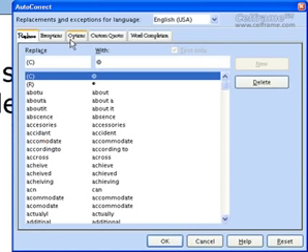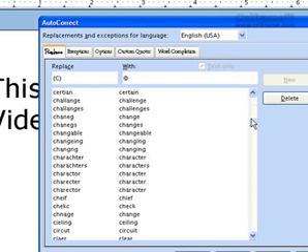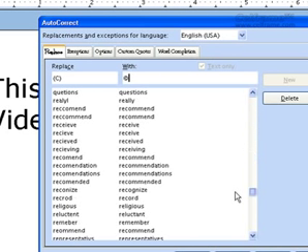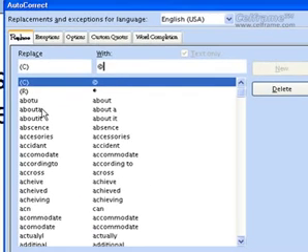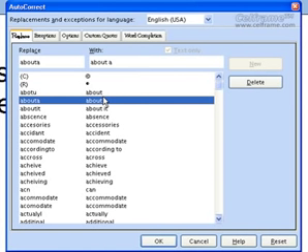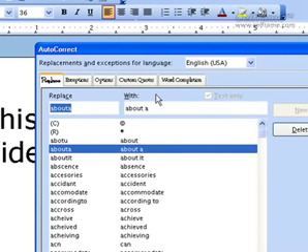Click on autocorrect and you can see that there's replacements and exceptions for language, and you can choose the language that you want. And you can see that they have an option where you can replace what word or what alphabet with what options that has been given to you. As you can see, there's so many different options in here that you can choose from, or you can even put a new misspelled word and put the correct word. As you can see, this is a misspelled word and this is the correct word. You can create a new one by keying it inside here, or a word to be replaced with what word,